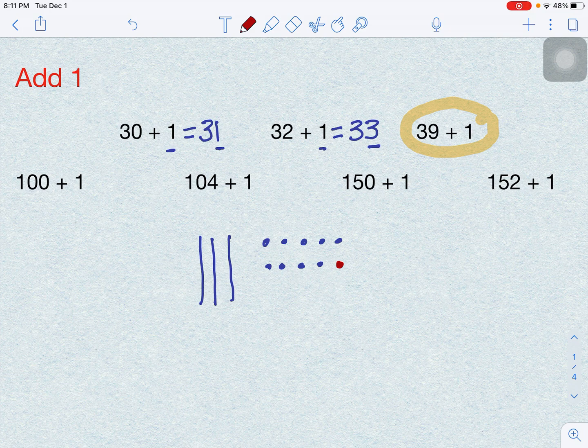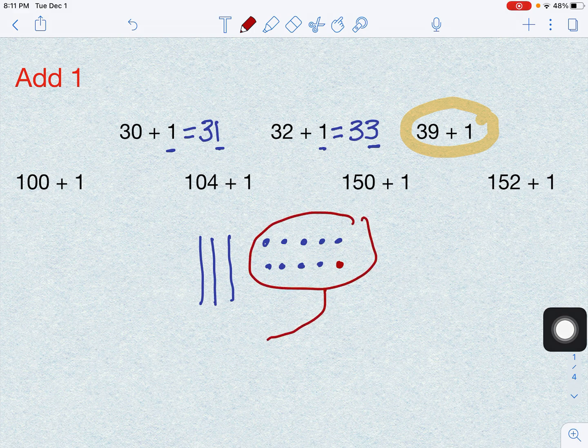If we look back to when we added 32 plus 1, we added a 1 to the 2 ones, which equaled 3 ones. The number in the tens place did not change. But when we added 39 and 1, we added 1 to the 9 ones, which equals now 10 ones. 10 ones is the same as a new 10. So it was like we would have another 10 stick, which would then mean that we would actually now have